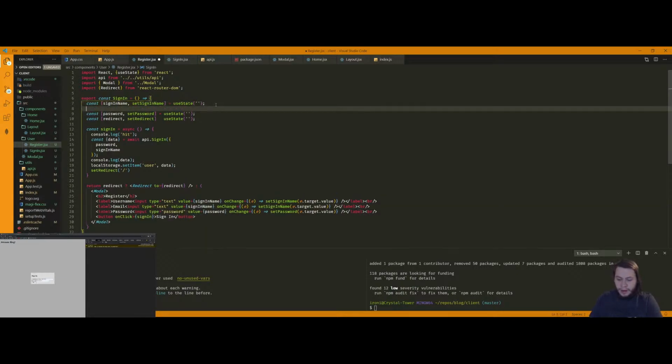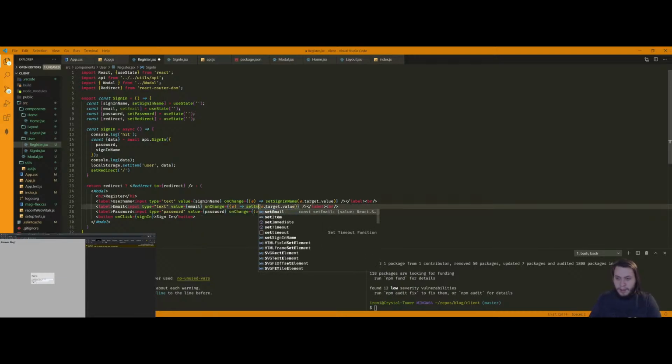So then we'll need another bit of state called email, set email, use state. It's so much shorter than the rest because email is not a long word. Then this should be email, set email, then